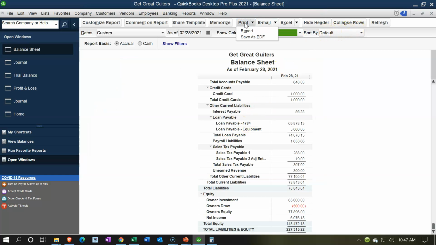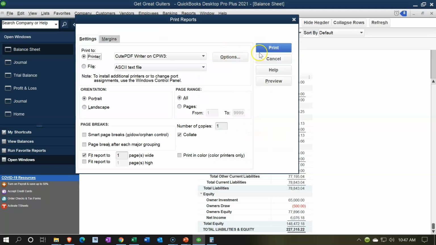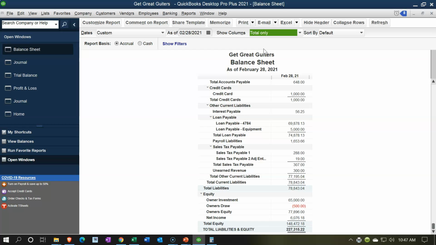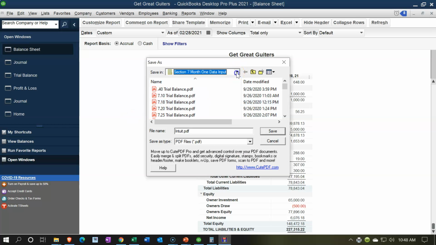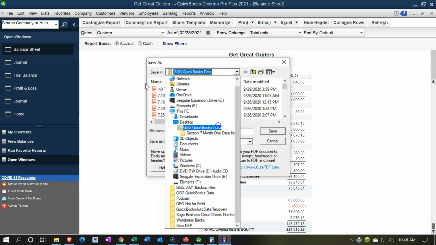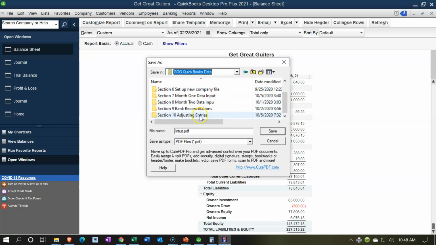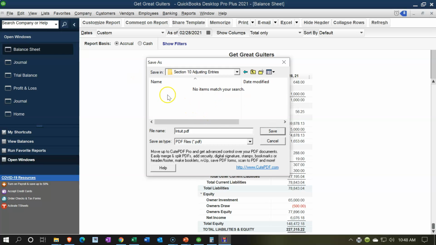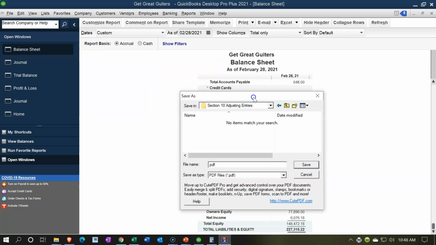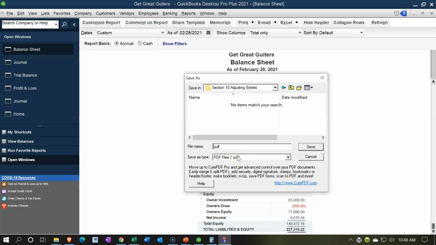So we're going to say print, report, and I'm going to print it to the PDF and then say okay. It's going to ask me where I want to put it pretty soon here, and I'm going to say that we want to put it in our data files, QuickBooks GGG data files, and adjusting entries, and I'm going to put it right there, and I'm going to say this is going to be our balance sheet. Once again, you might want to put the year if you're sorting this by date, the year, then the month, then the day. But I'm just going to put balance sheet,